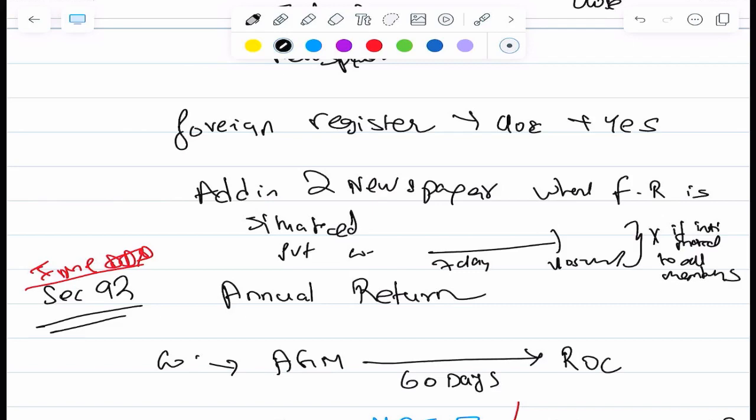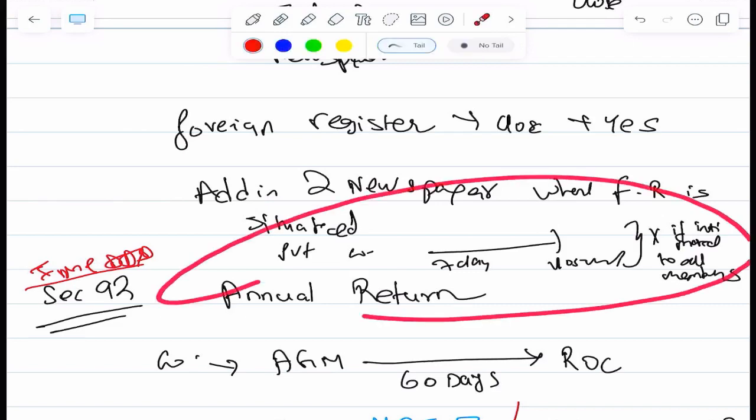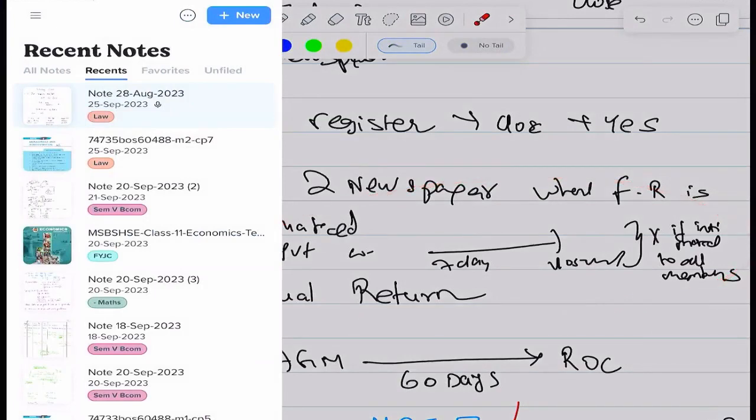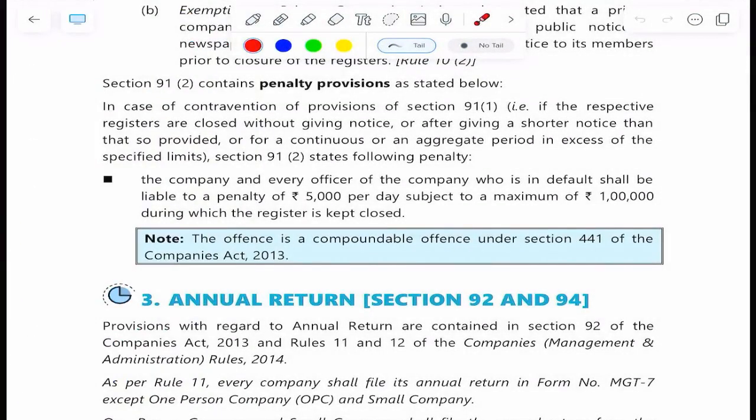समझा ना तुमको, ये 7 दिन में नहीं दे पाए तो उसको कभी नोटिस देंगे? अरे 7 दिन में नोटिस नहीं दिया न्यूज़पेपर में तो चलेगा, बट एटलीस्ट 7 दिन पहले मेंबर्स को तो पता नहीं ये पढ़।